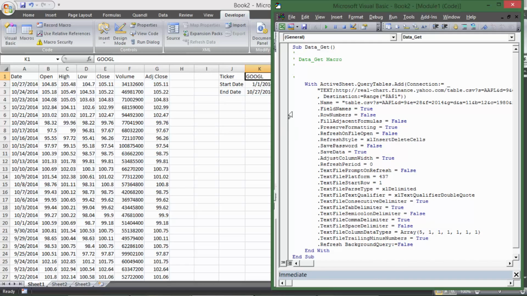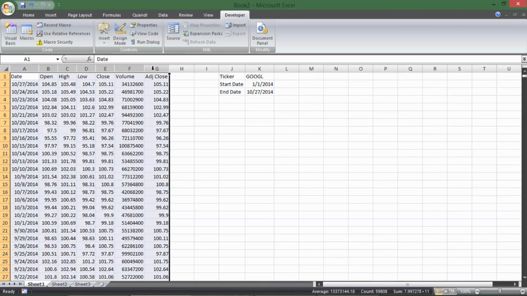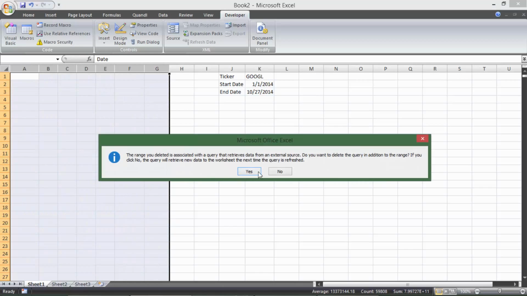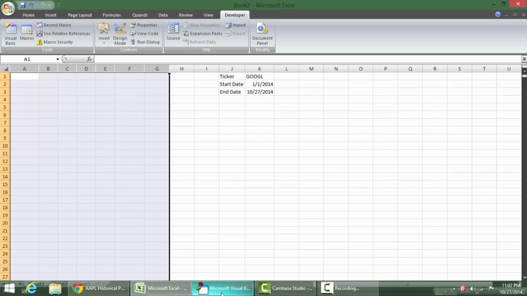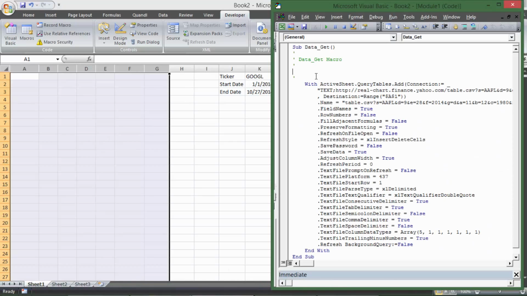First thing we're going to want to do is, when we import new data, we're going to want to get rid of the old data that's already here. So everything that's right here, we're going to want to delete that for when we import new data, right? So we'll go here and we'll say range. A little tip, always write in lowercase, because if you spell it wrong, it'll tell you. But if you put it in capitals, you won't notice it. I'll show you that in a second. Range, and we want A, or maybe columns. Columns looks better. Columns A through, and the colon symbol means through, G